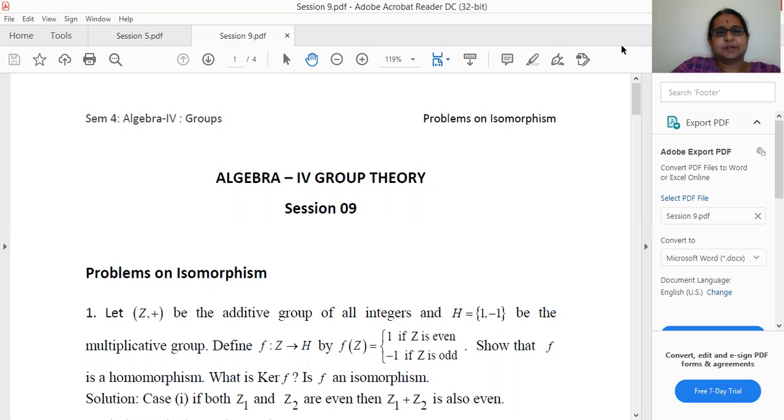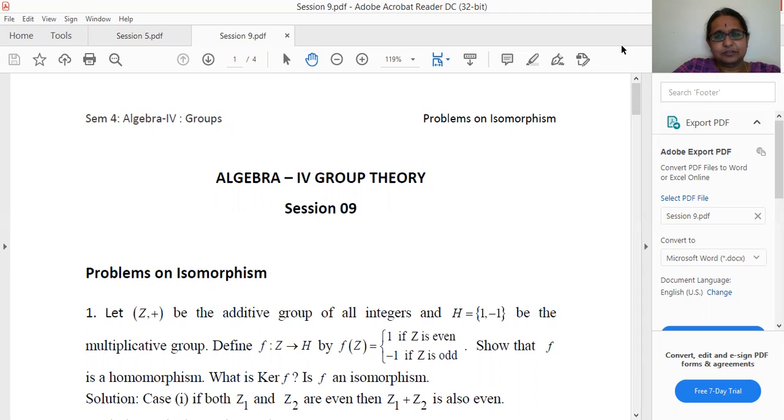Then for an isomorphism, in addition to that, the mapping F has to be one to one and onto. By one to one, what we mean is, if we take F of A is equal to F of B, where F of A, F of B are the images of A and B in group G dash, then we have to show that this implies A is equal to B, where A and B are elements of group G. If this is satisfied, then the mapping F is one to one.